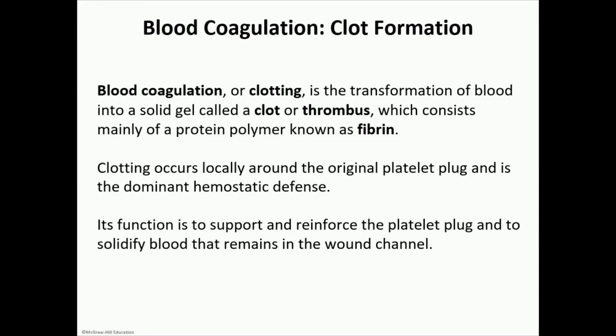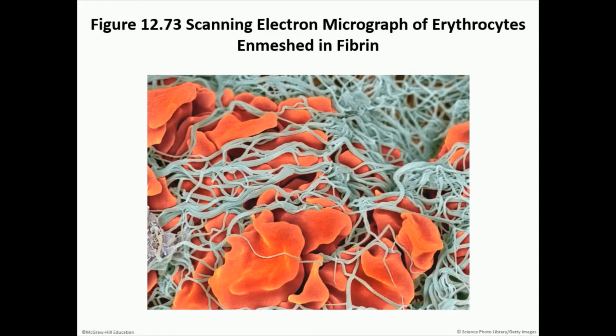Now we'll get to the formation of the clot. Okay, so blood coagulation, or blood clot, is making that thrombus, which is a solid-like gel. I'm just going to go to the picture to show you what it looks like. So we have these little threads of fibrin, and those fibrin threads, or that mesh, acts like a net,